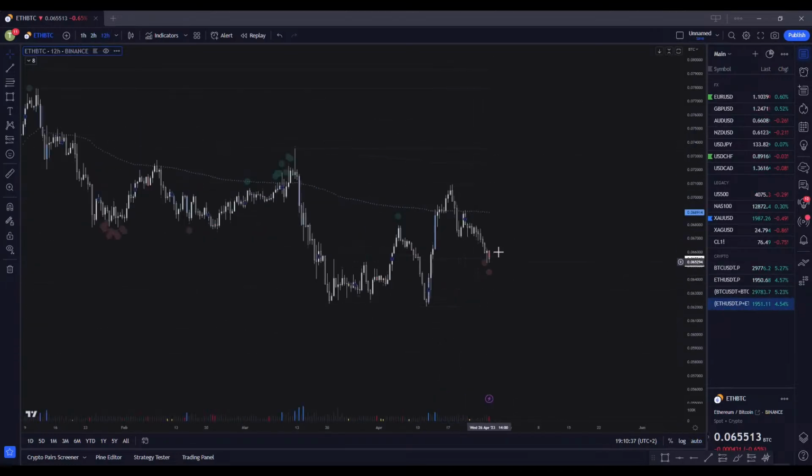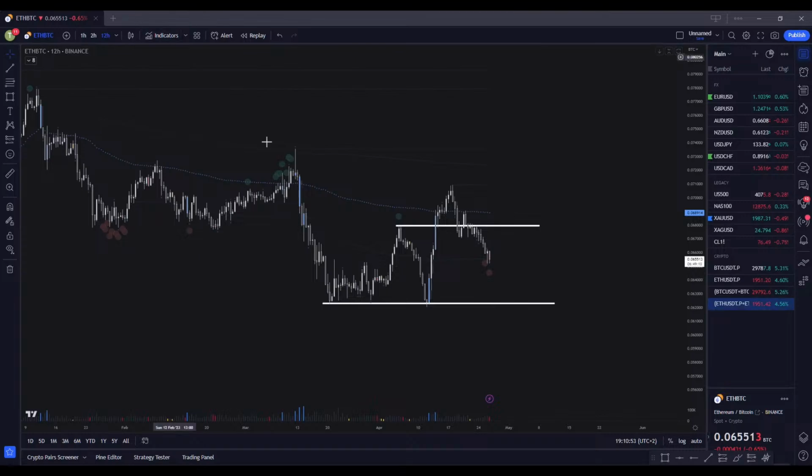One of the interesting things on ETH BTC, which I know everyone is celebrating, it's pretty much dead at this point, but we took out these lows here, and then we made a new high on this 12-hour chart at least. So ideally, we should be bouncing from somewhere in here. There is a little bit of a gap coming to this. I would say that this should be a low for ETH BTC.